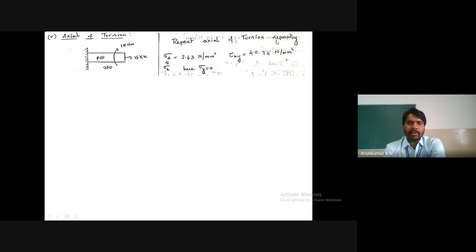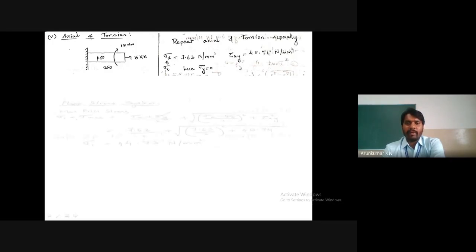The axial and transverse load is given here, axial and torsion. Repeat axial and torsion load separately. So due to this, direct stress is 7.63. Clear? And due to that, calculate the shear stress, T by J into R. T is this one, 1 into 10 to the power of 6. We did the third case there. Then J is pi d to the power of 4 by 64, and C is R, which is 25. By using that, calculate the shear stress, T by J into R.